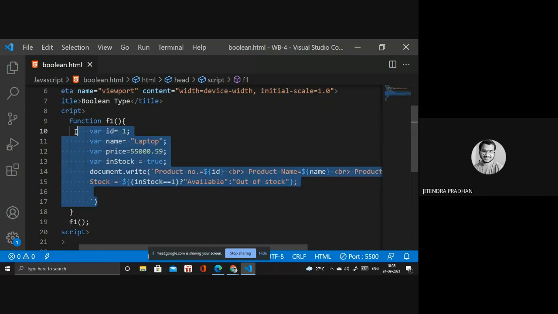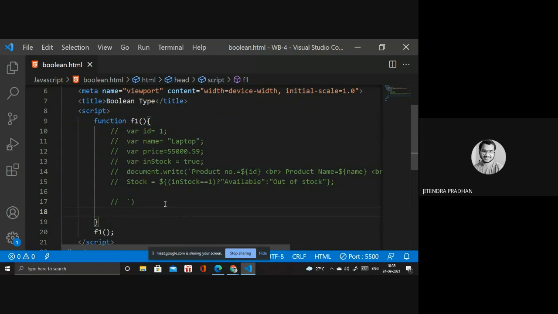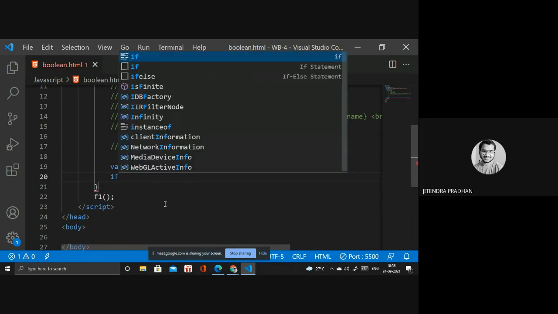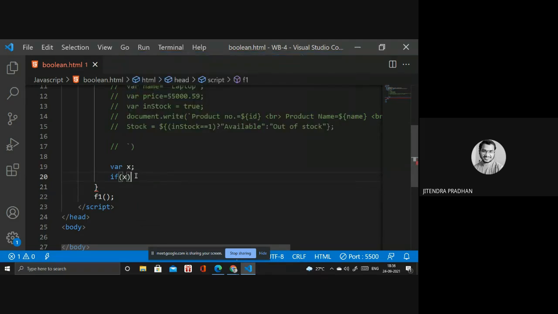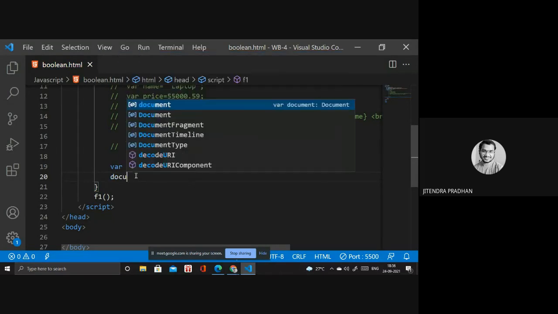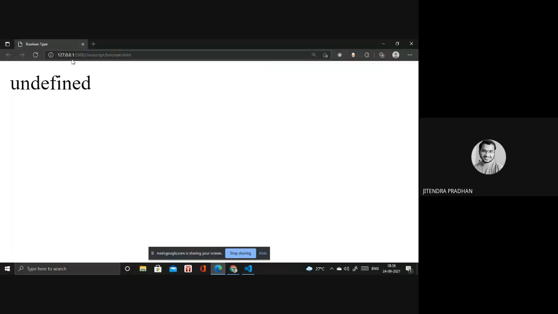So this one I will put in a comment. I will write something inside. Okay, so it's variable x, my variable name, but I don't have any particular value for the x. I will not assign a particular value to x. So it is undefined. Now I will write a condition. If I want to print x, it will print something like x is not defined. Let's see, if I print x, it is undefined. Have you observed that one?